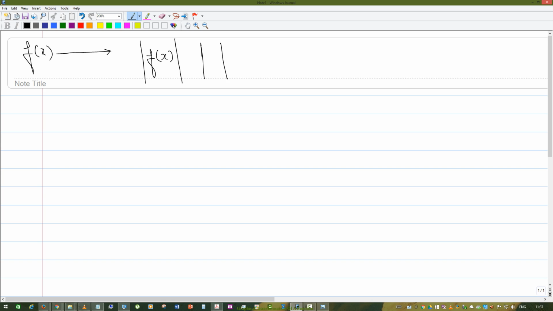This sign denotes the absolute value, or we can say modulus. Okay, so suppose I have a function, let us suppose, y is equal to x,